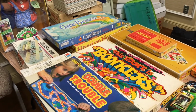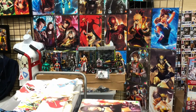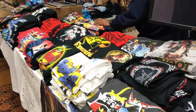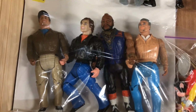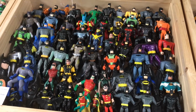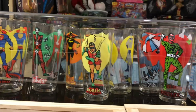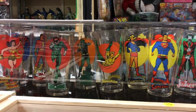Some vintage board games, Double Trouble, I remember that one. Some prints, superhero prints, and a good amount of t-shirts for sale. Some A-Team action figures, vintage, a whole bunch of Batman figures, looks like mostly from the animated series line, and some vintage DC Comics drinking glasses. I have several of the modern glasses from DC Comics,